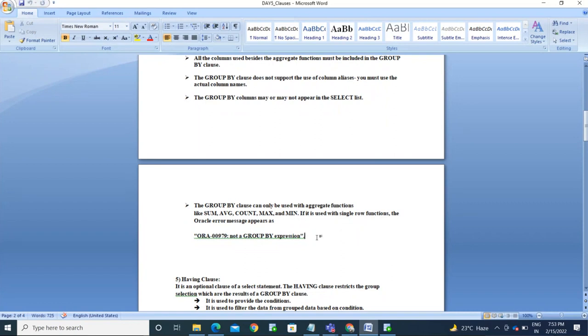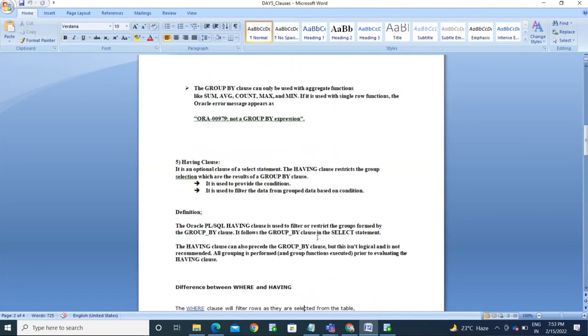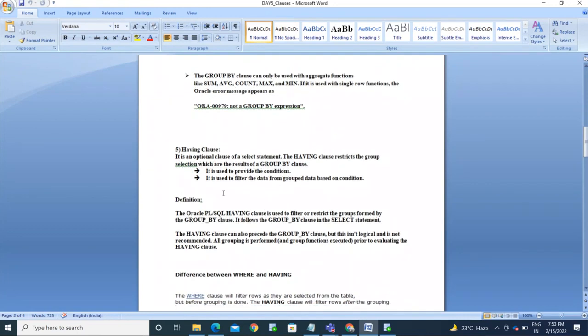Now about the HAVING clause. It is also an optional clause. The HAVING clause restricts the group selections which are the results of a GROUP BY clause. So after the results come from GROUP BY, if you want to restrict the results displayed, meaning filtering the grouping results, we use the HAVING clause. Is it clear? The HAVING clause is used to filter or restrict the groups formed by the